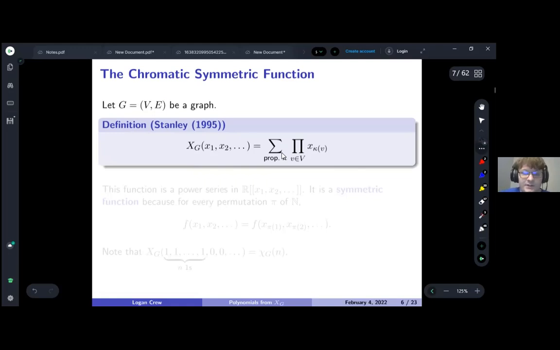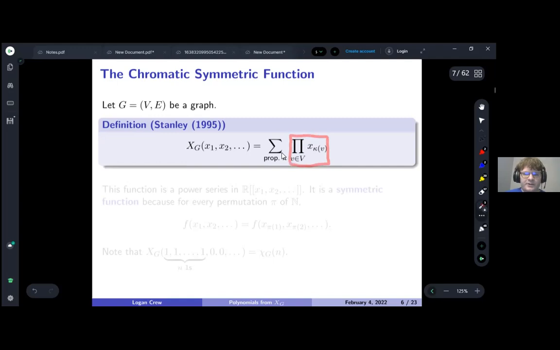There are lots of reasons to generalize it to a symmetric function. And let's just go ahead and do that. So for the chromatic symmetric function, we're going to be using a function with a countable number of variables, x1 up through x2, etc., infinitely many of these. We're going to sum over the proper colorings of the graph, but instead of counting each proper coloring just once, and in effect counting it by the number of distinct colors it uses, we're actually going to give it this